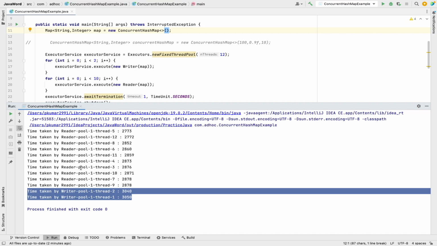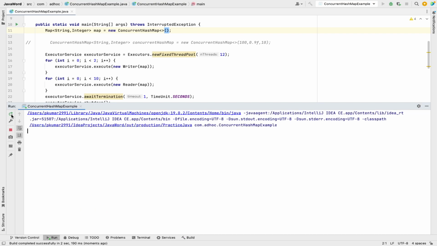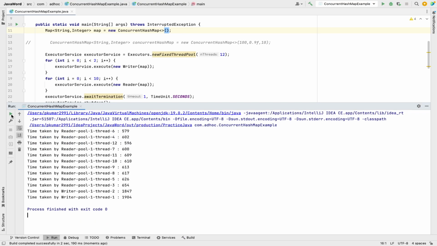So in this case, while the writer thread is writing into the map, reader threads will perform their job. Definitely if they work simultaneously, it will take less time. Let me run this, then I can tell you. Can you see? After using concurrent hash map, let me run one more time. One more time. Okay, so you can see, right,